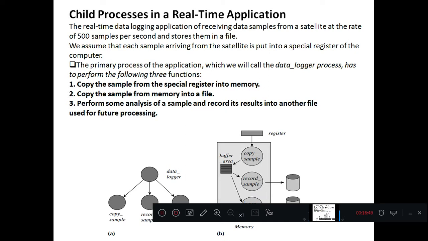We'll take the same example and explain what the child processes are and how that particular application is handled by the operating system.